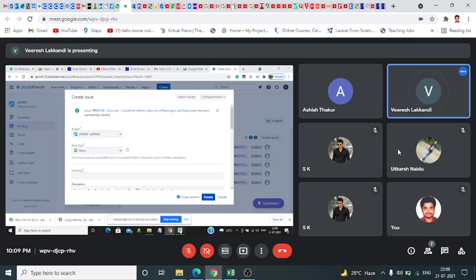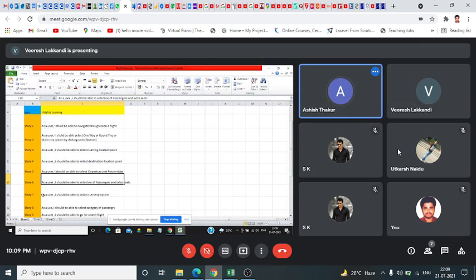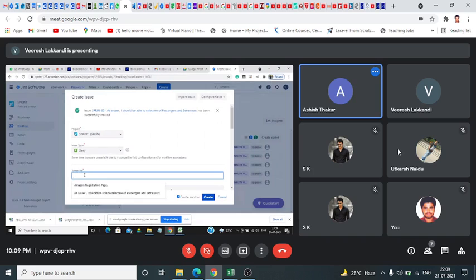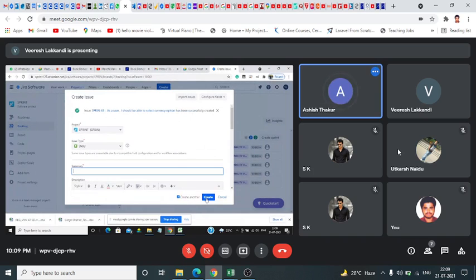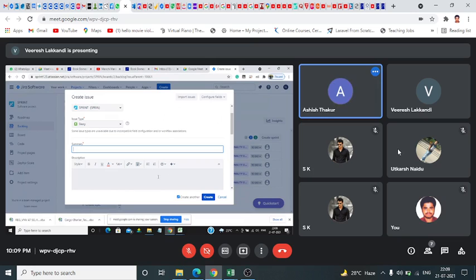Same like this. Yes, it's the seventh one. If you click on create another, then it will directly come. Now click this one. Cancel. Just click on cancel.